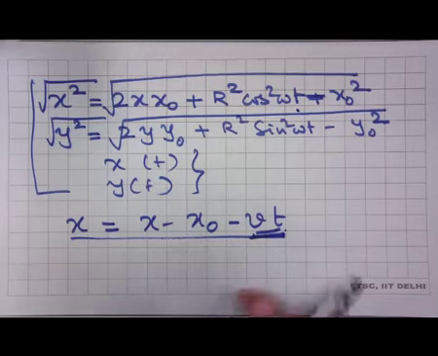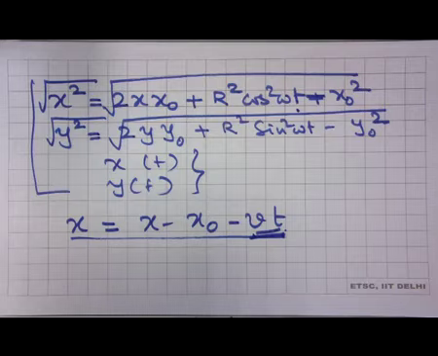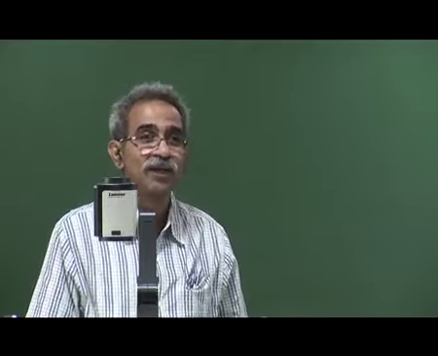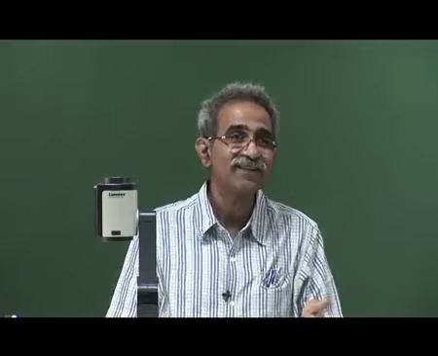But the fact is, although the child who is sitting on a horse in the merry-go-round is going in a circular orbit, for us it will look very complicated. In fact, the orbit does not even appear to be closed, because with respect to me, this child who is sitting in a merry-go-round is executing a very complicated motion. What I am doing is superposing my own motion. Of course, we do not know whether the whole merry-go-round system is moving with respect to the person outside, or the person outside is moving with respect to the merry-go-round. That is a different matter altogether. Luckily here the earth is the standard for us.